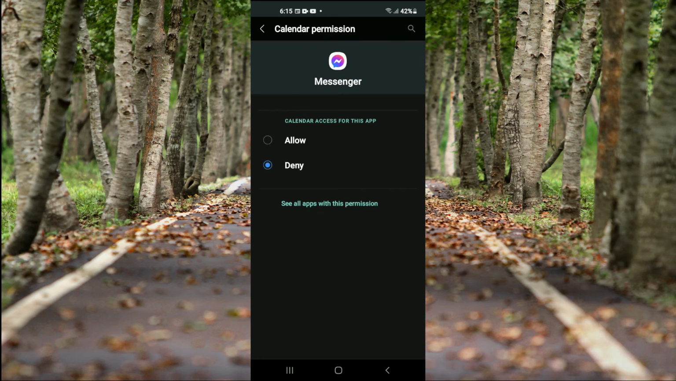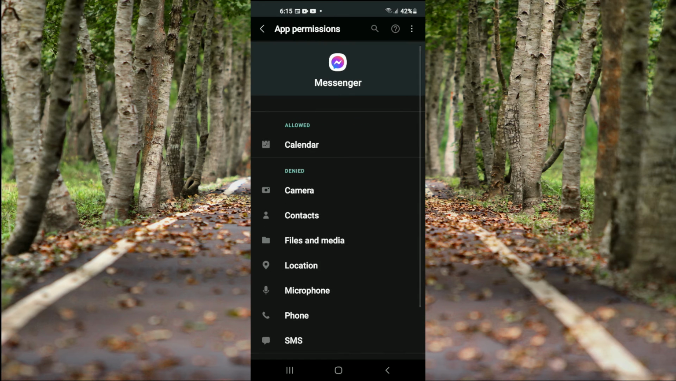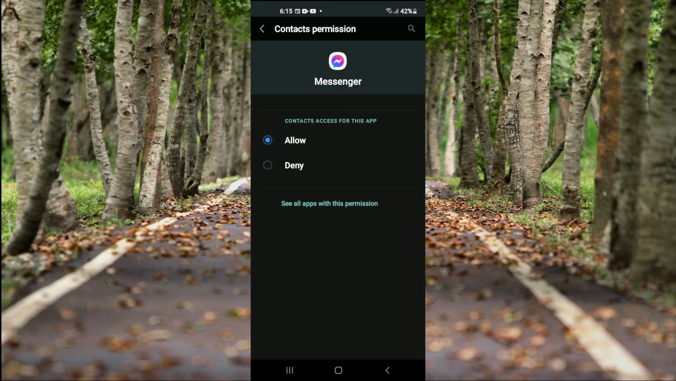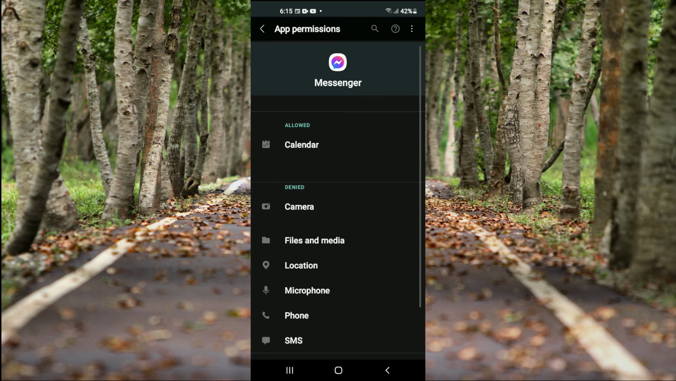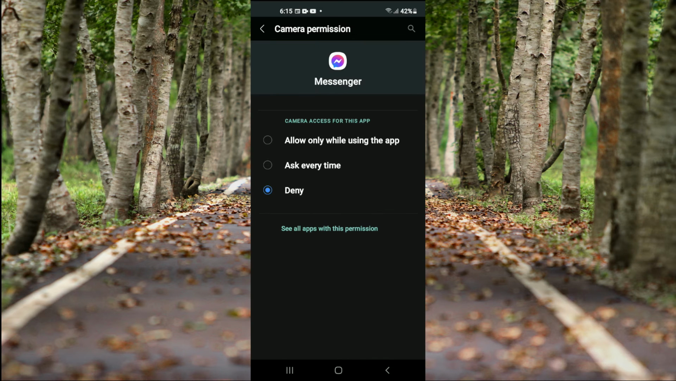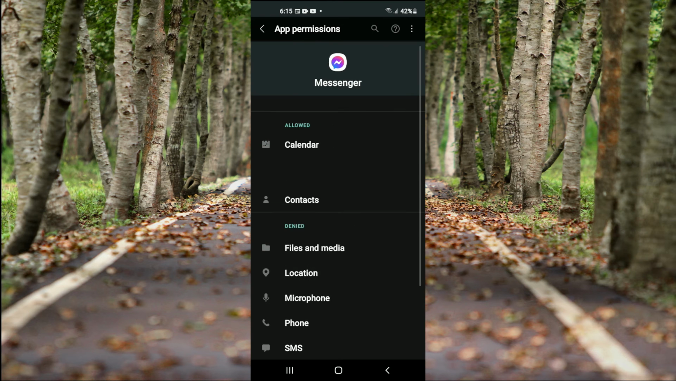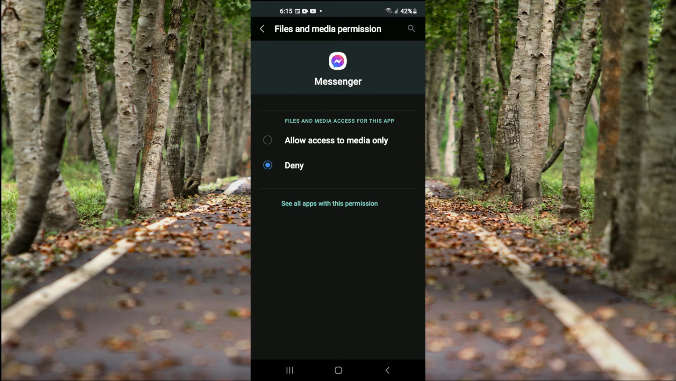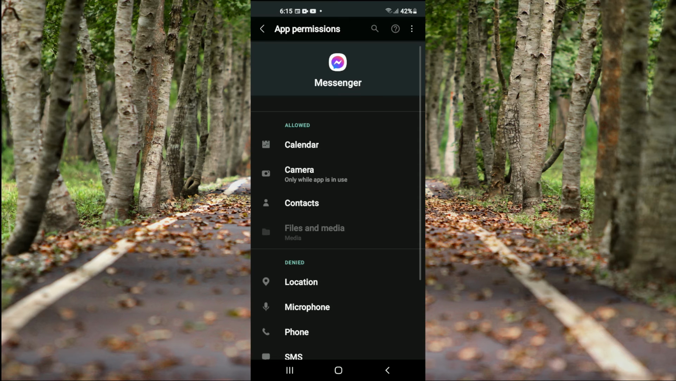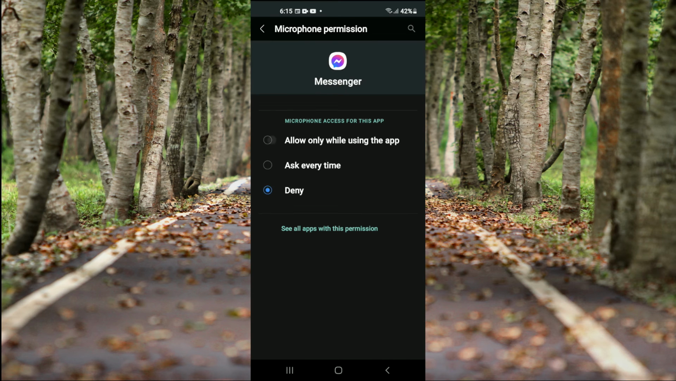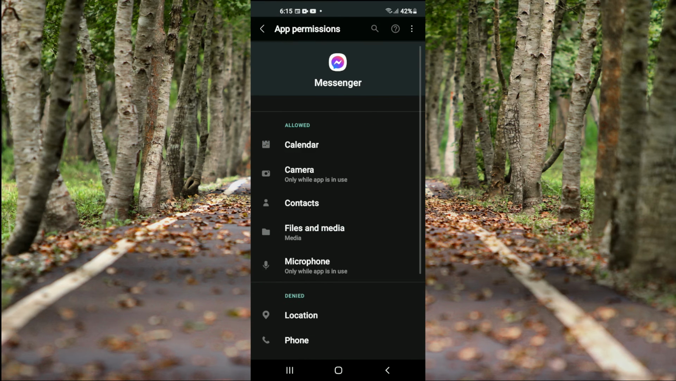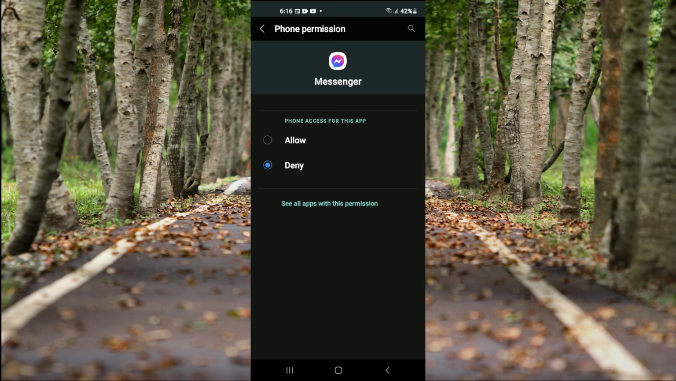And you want to tap on Calendar and you want to tap on Allow. Then you're going to tap on Contacts, Allow. And you want to tap on Camera, Allow only while using the app. And you're going to tap on File, Allow. And you'll tap on Microphone, Allow. And tap on Phone,